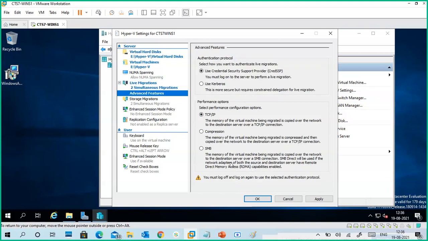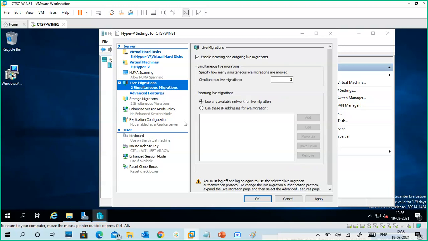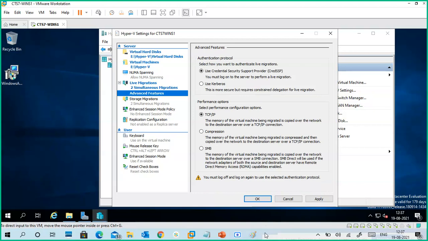So you have to select these options in live migration. I'm going to advanced features also. You can do this practically also, at least the first options.